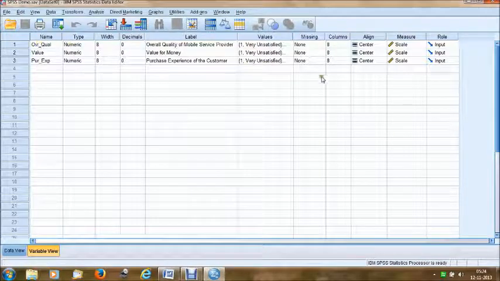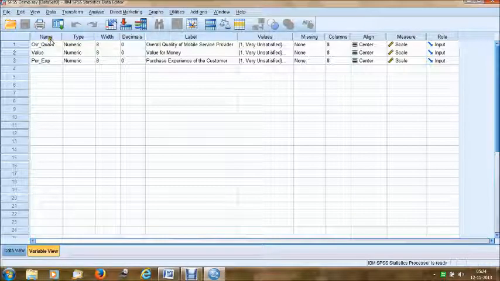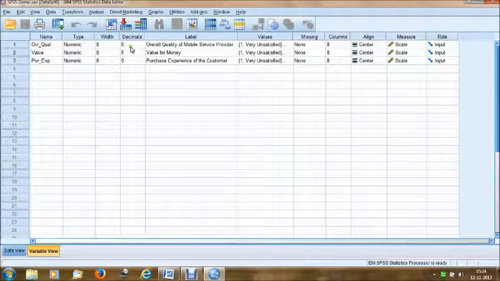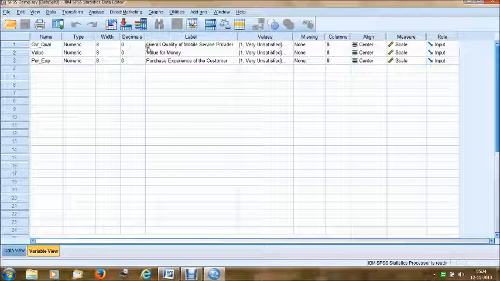This is the place where you define the variables and enter the data. The variable view is highlighted here with a yellow shade, which means the variable window is open for you. In the variable window, we define our variables. A variable has a name and a type, whether numeric, character, comma, or dot. Then its width, the maximum number of characters you can enter for a given input value, and whether you want decimal values or zero decimals. And a label,